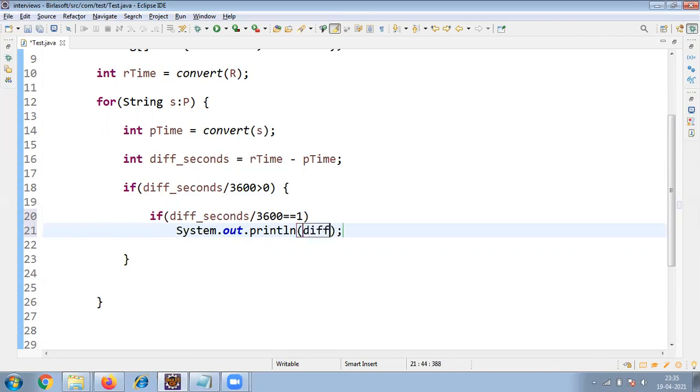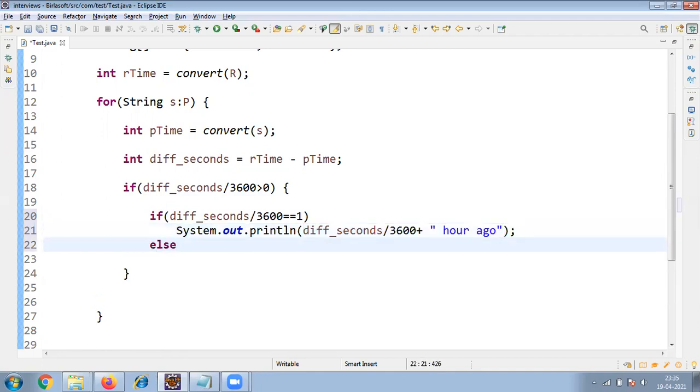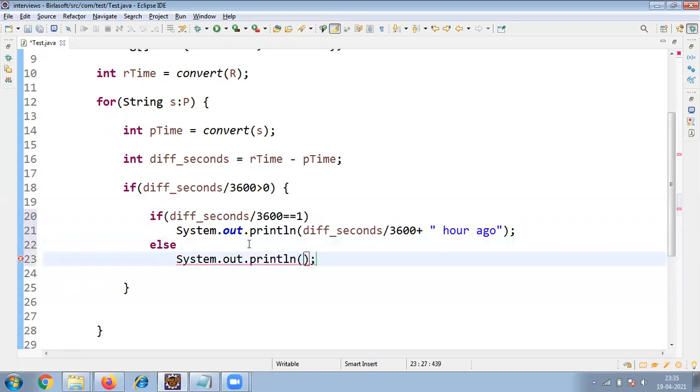So difference_seconds divided by 3600 plus hour. That's it. Else, what is the meaning of else, friends? The difference is not equal to 1. Then I do System.out.println of difference_seconds divided by 3600 plus hours ago. So that's it, friends.